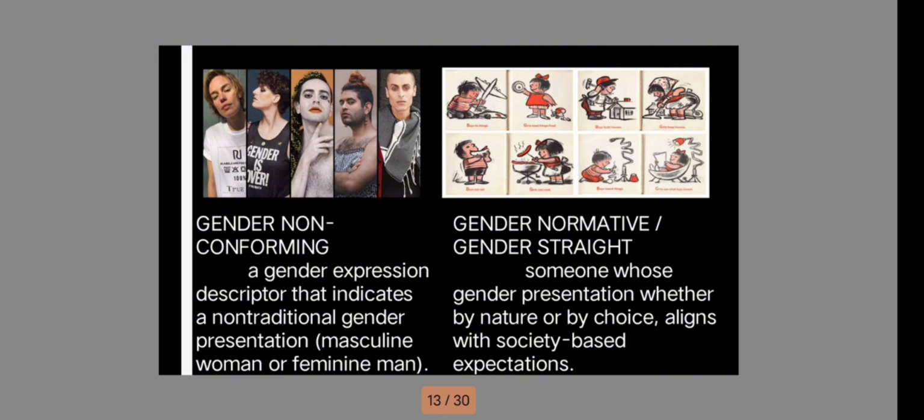So, feminine man is an example po yan. Okay? So, gender normative or gender straight. This is someone whose gender presentation, whether by nature or by choice, aligns with whatever society-based expectation. Kumbaga, normal, ang tawag natin sa kanila, normal to sa pagpapractice ng kanyang gender. Straight pala to, kasi what the person is doing is what aligns with what the society expects of him